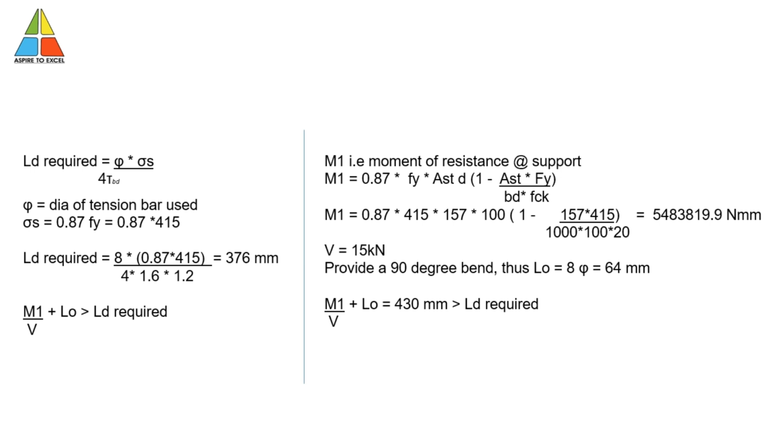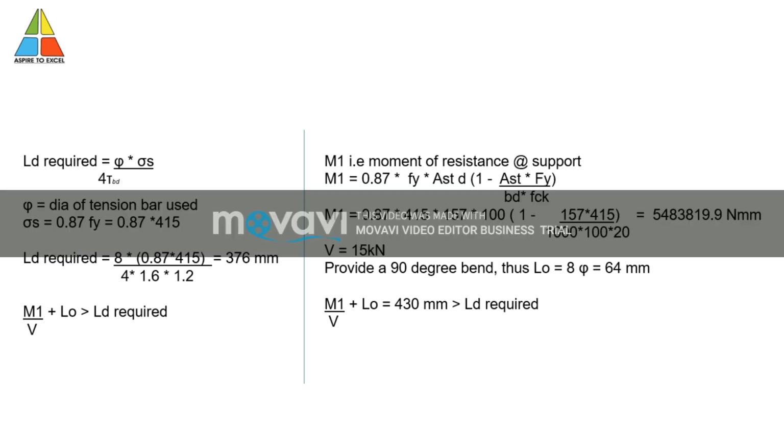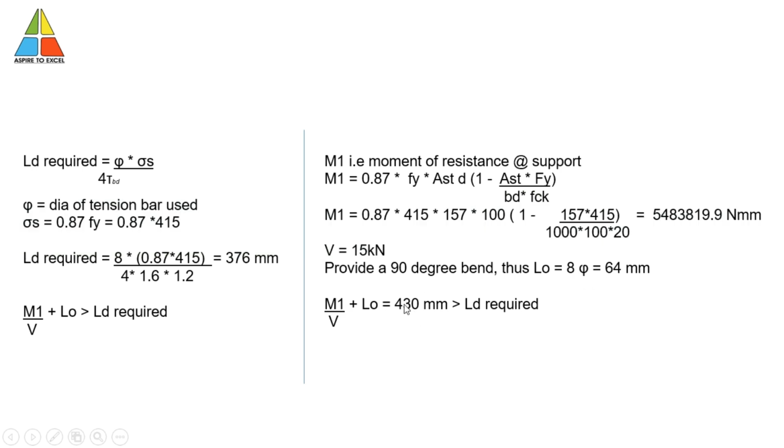And let us assume that we are providing a 90-degree bend. For a 90-degree bend, the value of L0 would be 8 times phi. So the value would be 64, that is 8 into 8, 64. So if you put M1 by V plus L0, this value is 430, which is greater than 376. So this value is okay from the